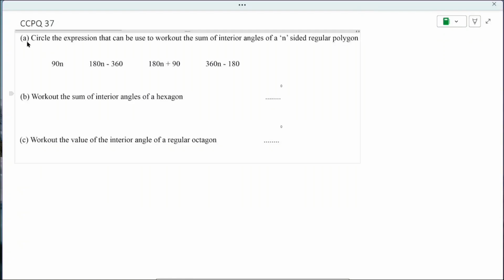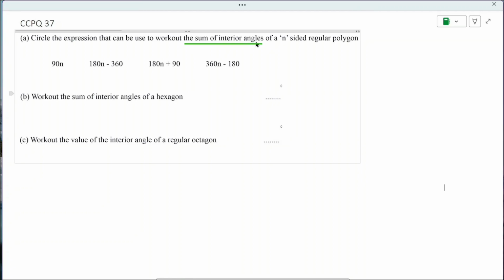Question 37, the A part of it. Circle the expression that can be used to work out the sum of interior angles of an n-sided regular polygon. This question is all about formula. It's not really hard. The formula to be used is determined by this part of the question that says the